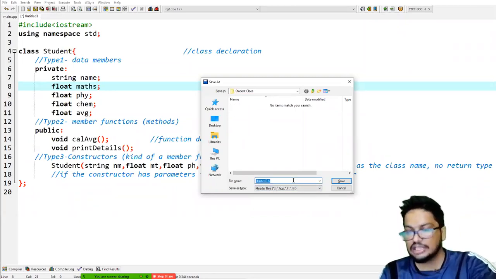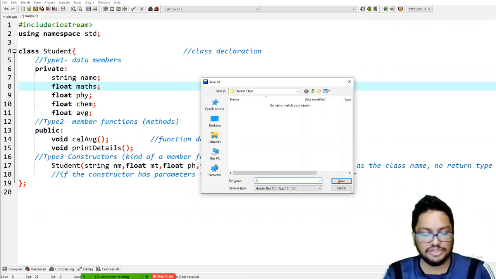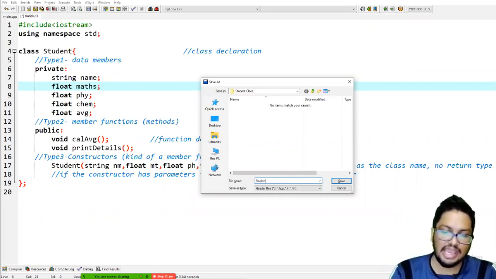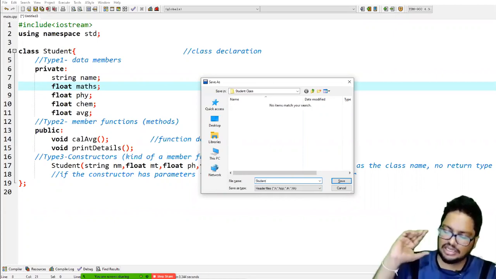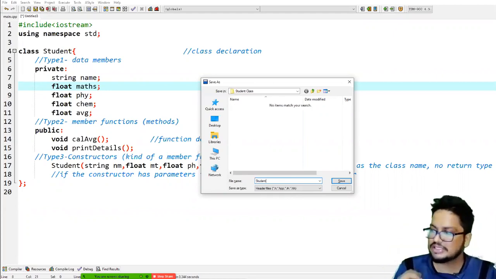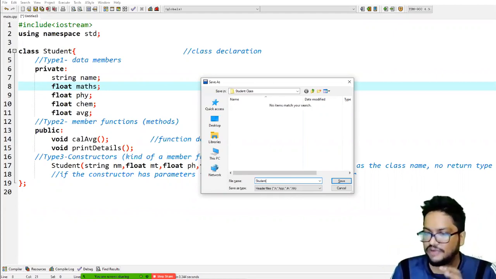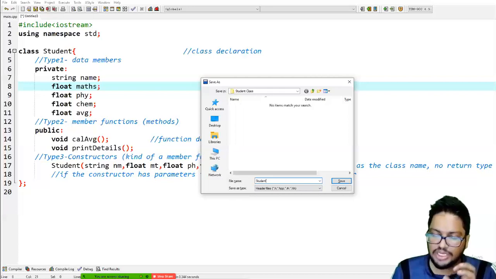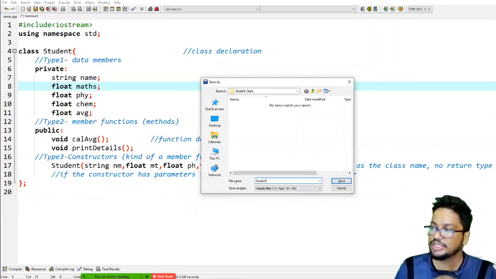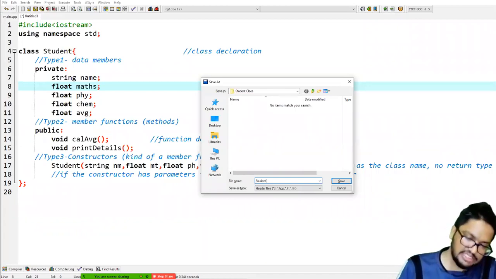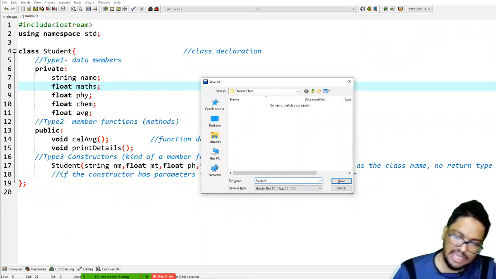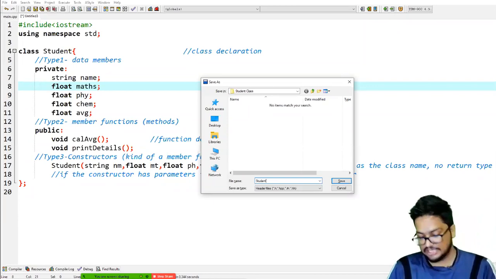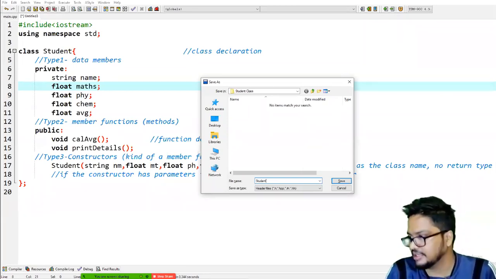Then the file name should be given as the class name. So two things to be done. First, change it to header files. That's the main thing.